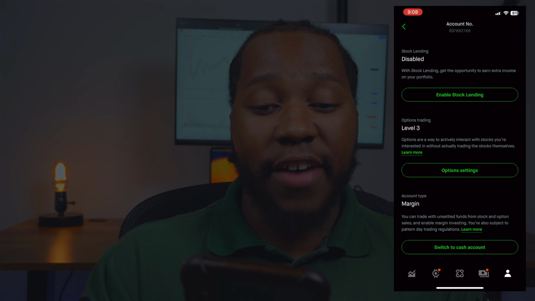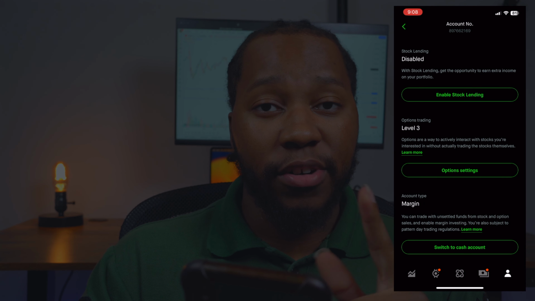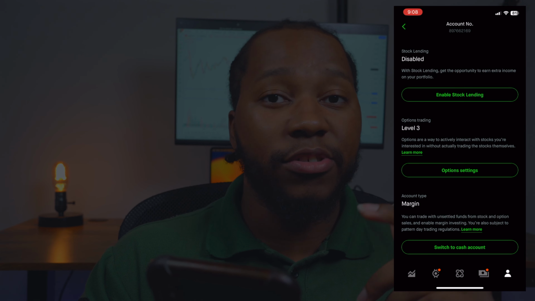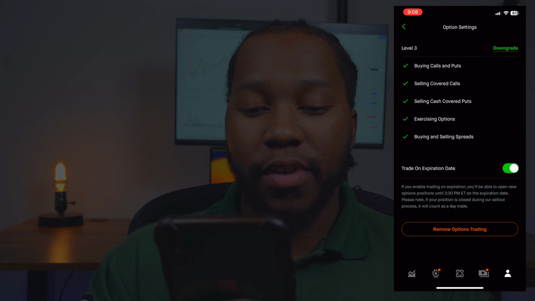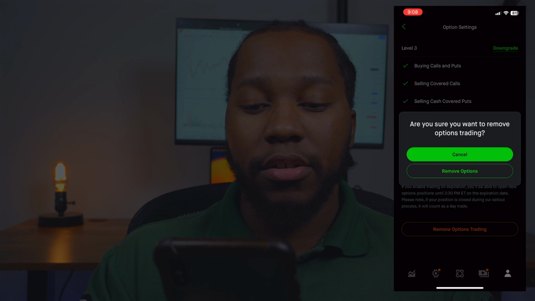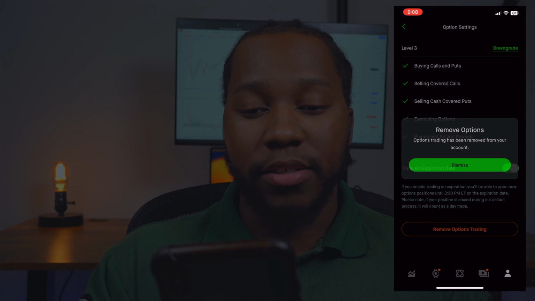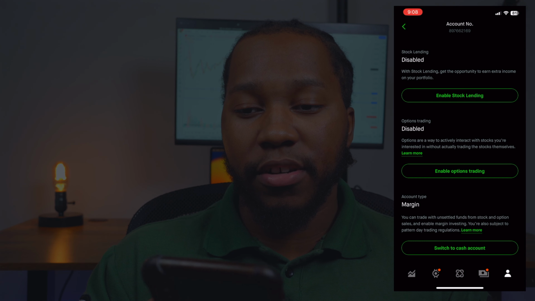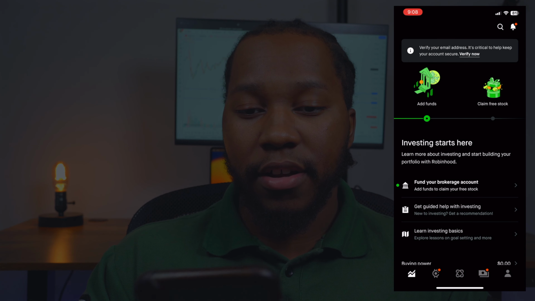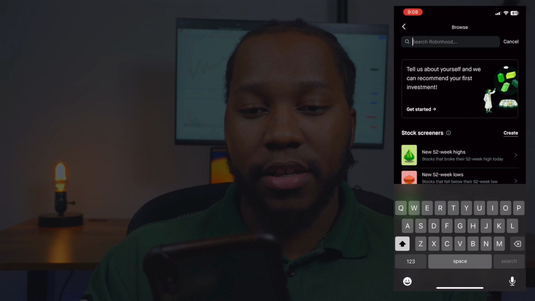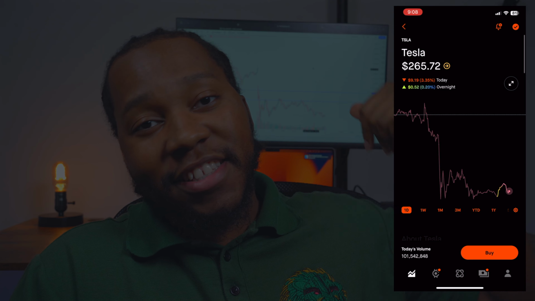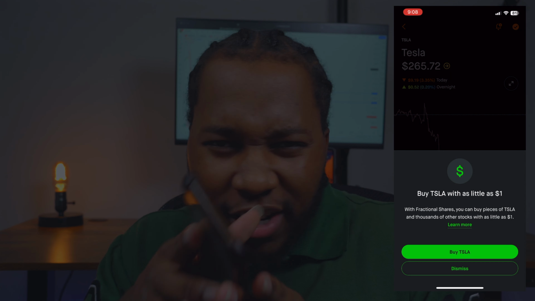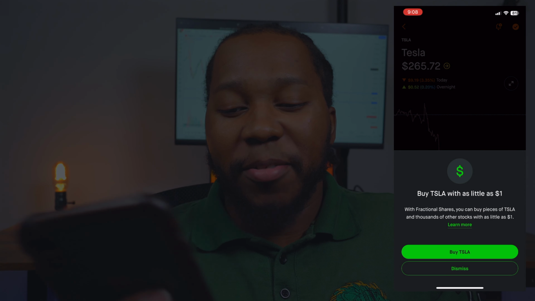But I already have options on my phone, so I'm going to delete it so I can show you guys how to get options. So I'm going to click on option settings, and I'm going to click remove options. So now mine should be just like you guys. I'm going to click on the search bar, and I'm going to type in Tesla. And the chart says this is actually a Tesla chart. I'm trying to scope them boys out. But anyways,